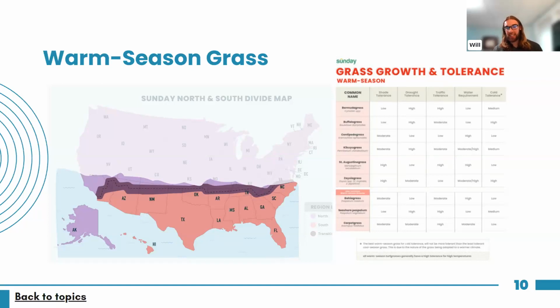So ideally, I'd be looking to get that zoysia seed down. From a soil temp perspective, typically once temps are consistently above 68 degrees or so, I'd say it's most likely, what would you say, Yvonne, probably late May, early June at the earliest? I think so, yeah. So it would be something that I'd be looking at preferably next year, unless it is established and we're just looking to,